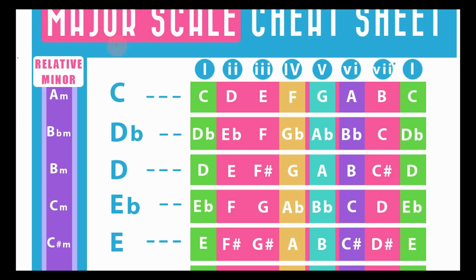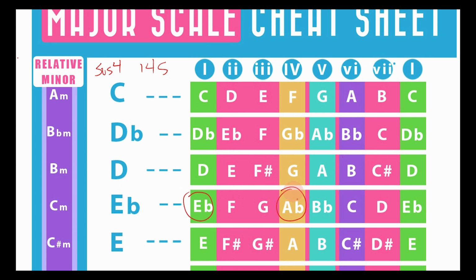Here's the major scale cheat sheet. There's also a minor scale one that I did, and I'll leave a link to these PDFs below just so you can have access. They're pretty handy. So remembering that our suspended 4 formula is 1, 4, 5, all we would really need to do, if we wanted to, say we want to figure E flat suspended 4 or something, all you got to do is look